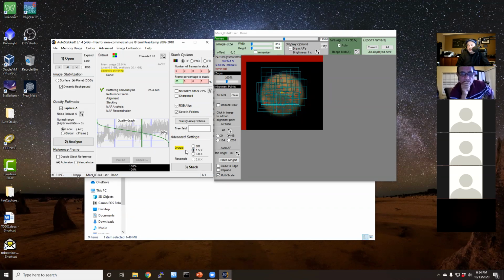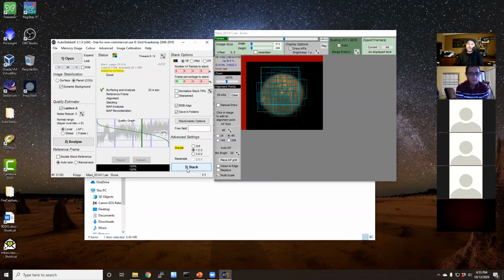So if you have a beefy computer, there's really no reason not to do that, because it's going to give you a bigger image that's going to be a little bit more social media friendly. And it has the potential of pulling out more detail that you wouldn't have gotten otherwise. So I always drizzle at 1.5x. 3.0x is just overkill. There's no reason to do that, but 1.5 is a good sweet spot. If, however, your computer is not the latest and greatest, you might want to keep that off just to keep the stacking times reasonable. So once you've done that, you can just click on the stack button, and that will